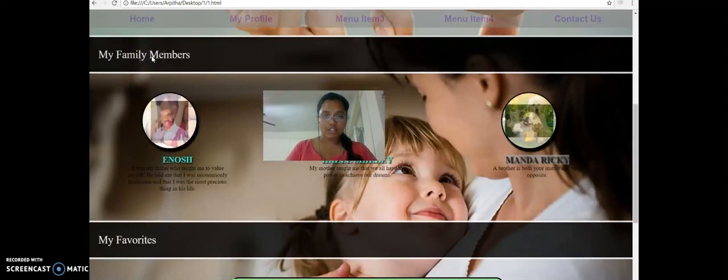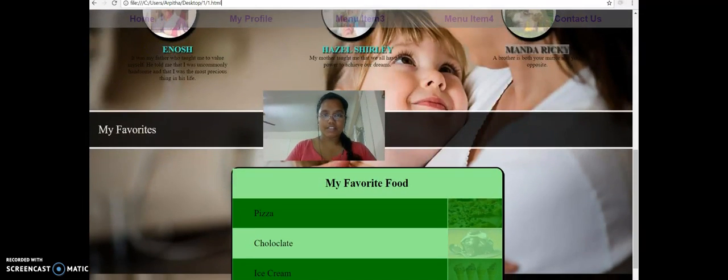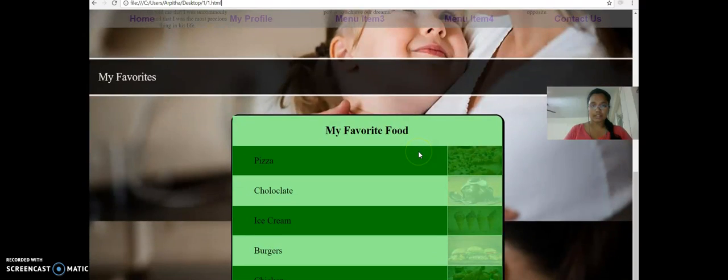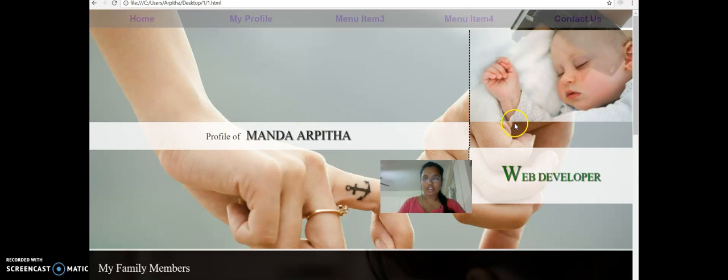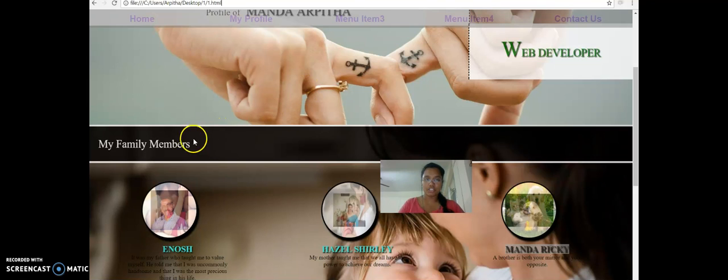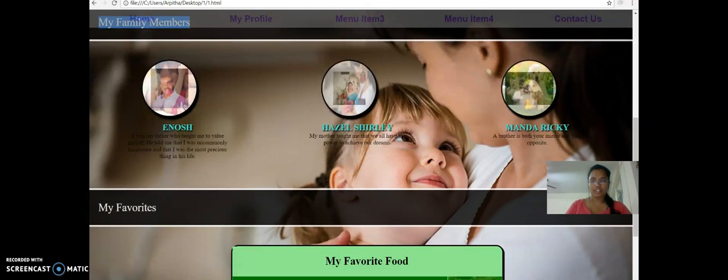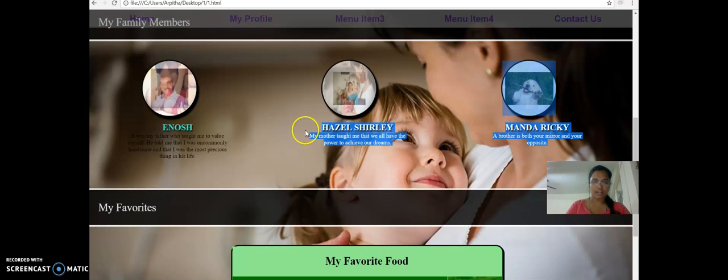So let me tell you what has been done in this page. First, you can have a look at this page like this. You have a basic navigation bar which has an effect on hover, and there is my name, and you have the profession, you have an image over there which is positioned this way, there's a border between them, there's a background image for this section, and there is a transparent layer for this because you can see an ear, the ear of the human, and there's some text written over here, and here I have three different divs which have three different images, and when you hover on that you can see the blurred image getting off it. So that is the effect which has been used, and I'll let you know within a while